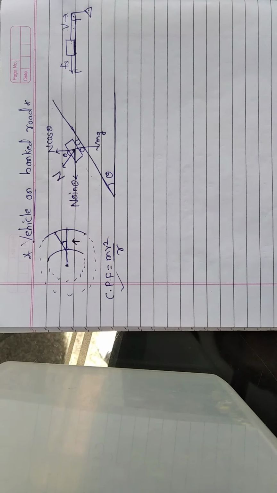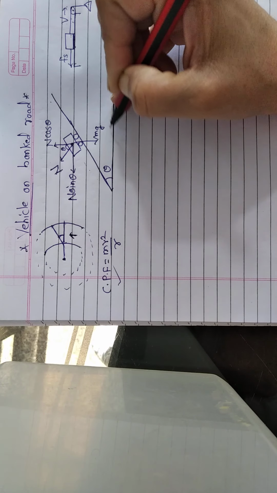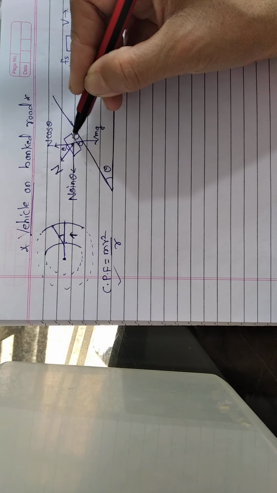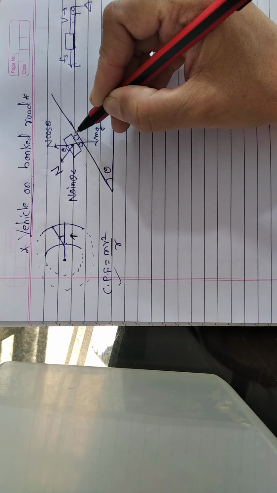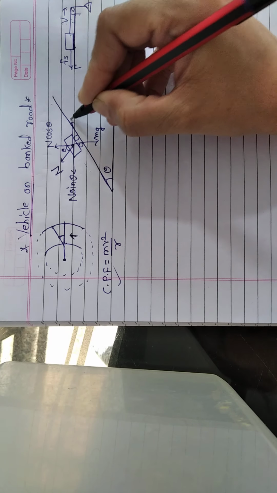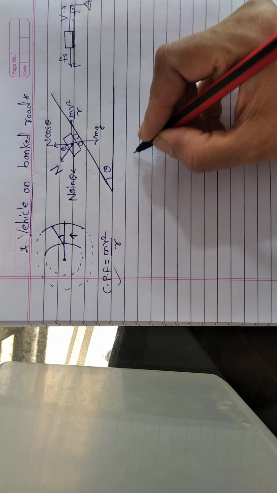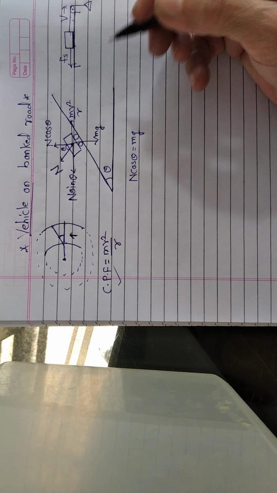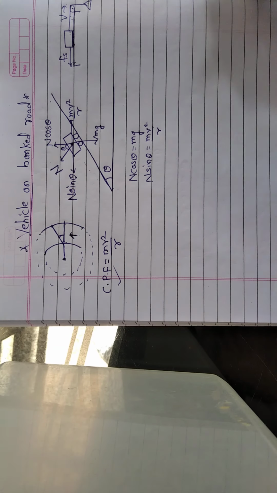From this figure we can write the two equations. See, this N cos theta and the mg, this is one pair of forces. The vehicle is moving in this direction, that means it is performing circular motion, so this N sin theta will provide the centripetal force, that is mv square by r. So we can show mv square by r here. This is one pair, this is the other pair, so we can write the two equations. N cos theta is equal to mg, this is the first equation. N sin theta is equal to mv square upon r, this is the second equation.